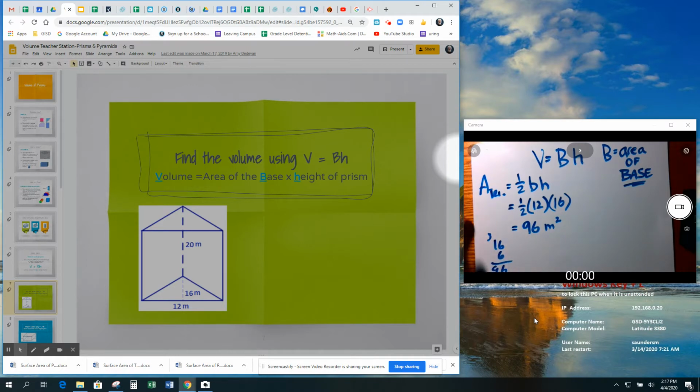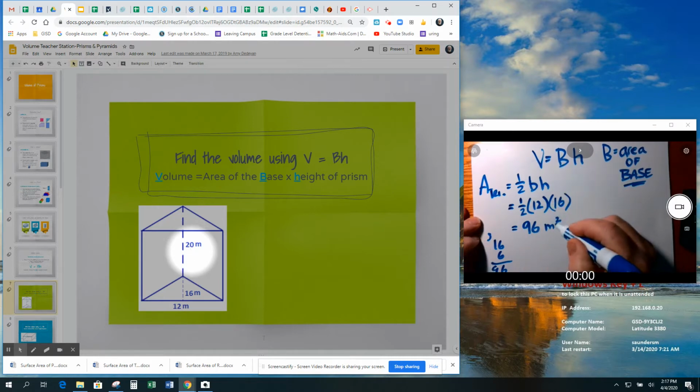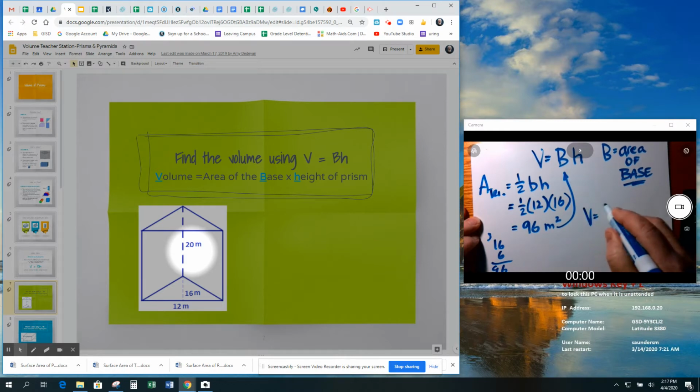All right, so that's the area of the triangle, but we're not done yet. We're trying to find the volume of the whole prism. We're trying to find the volume of this whole guy right here. And now all we have to do is come back here. So we're going to plug in 96 for our base. V equals 96 times H. And H is 20 meters. So 96 times 20. And let's see, that's going to give us